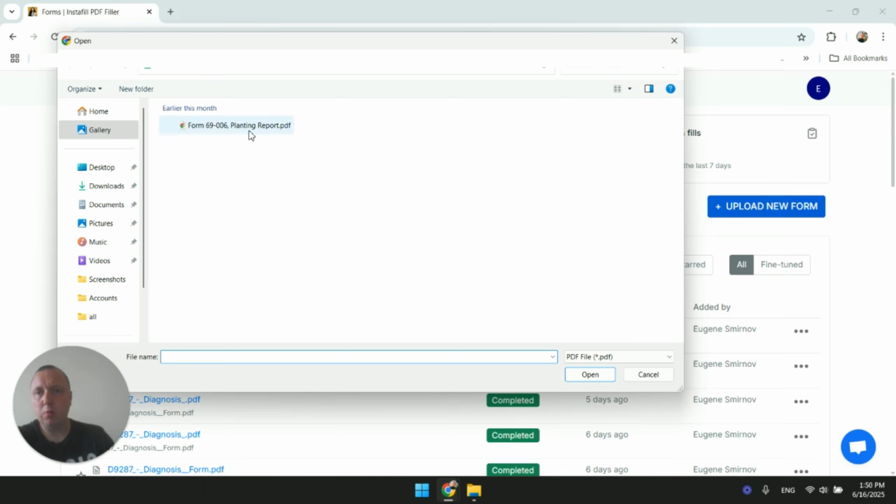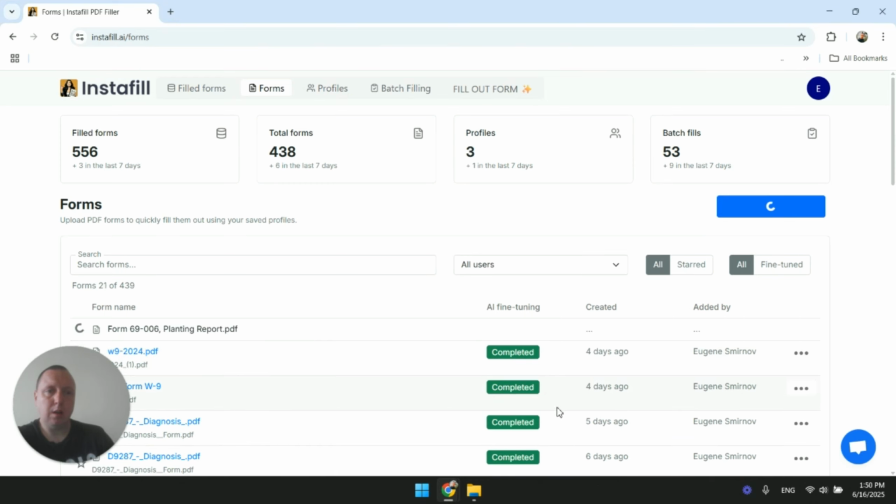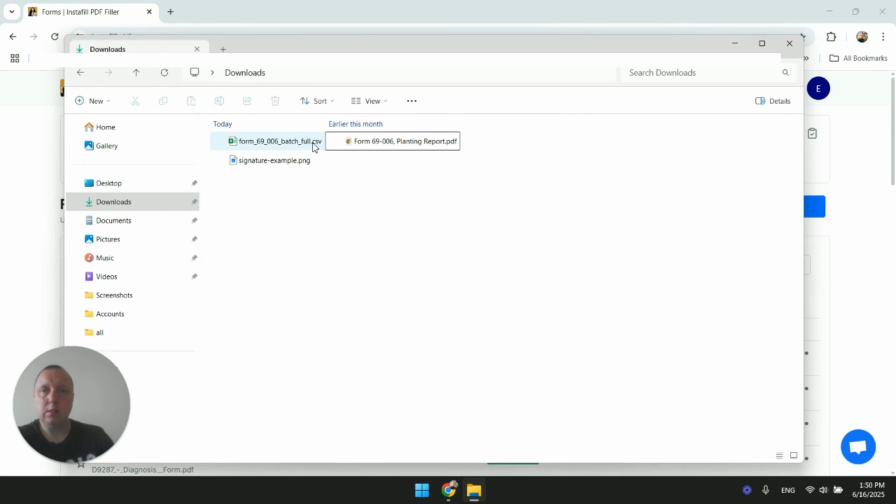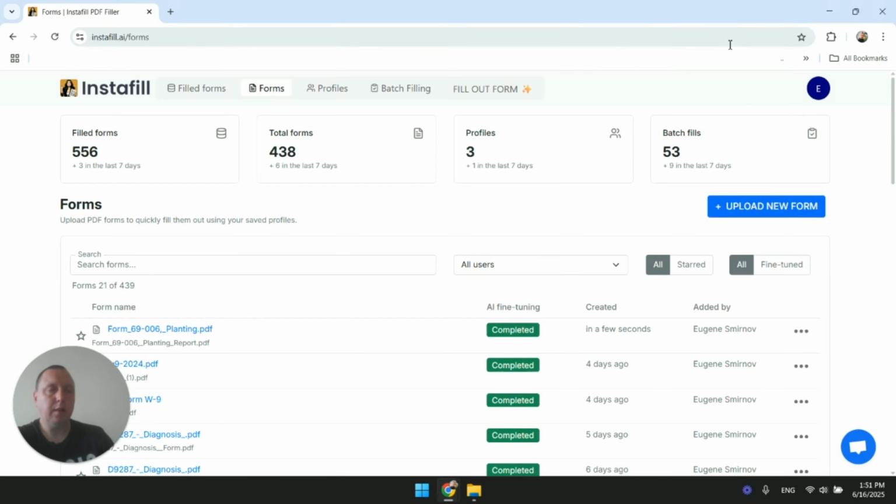I prepared my form as the example. I took the form 69 planting report. I prepared the CSV data document with some sample data. So once the form is uploaded, here in the menu we choose fill out form in batch,